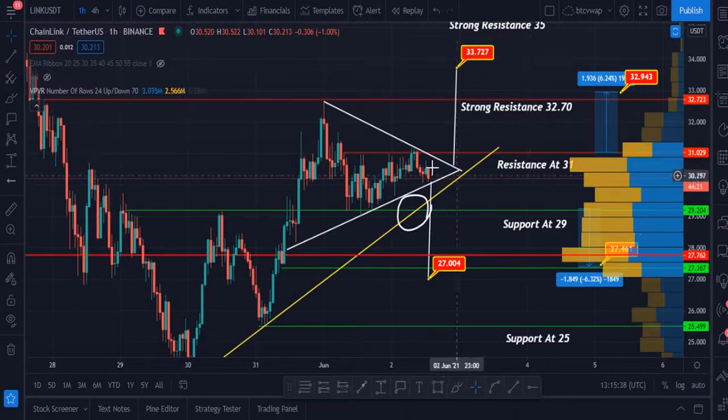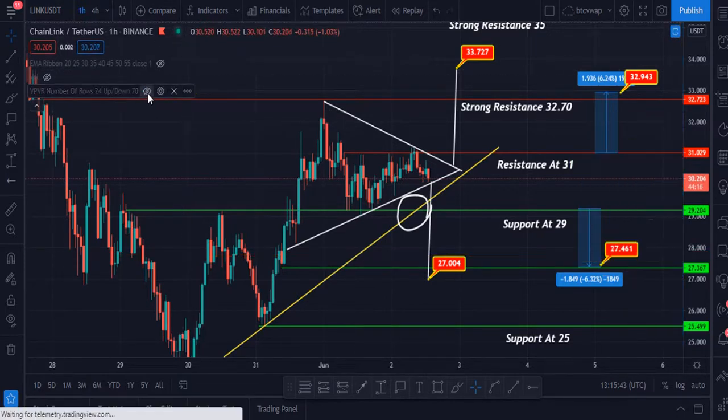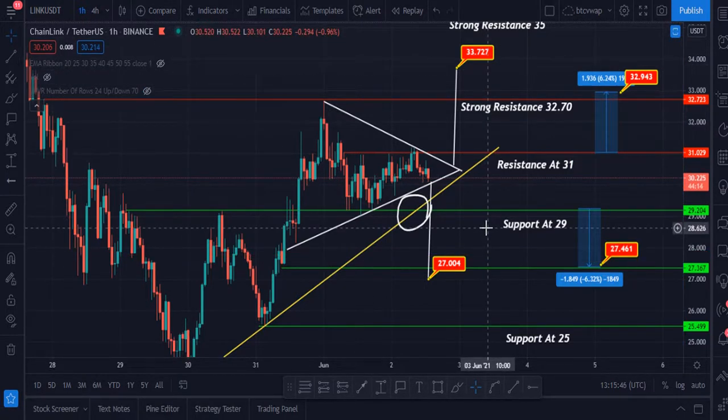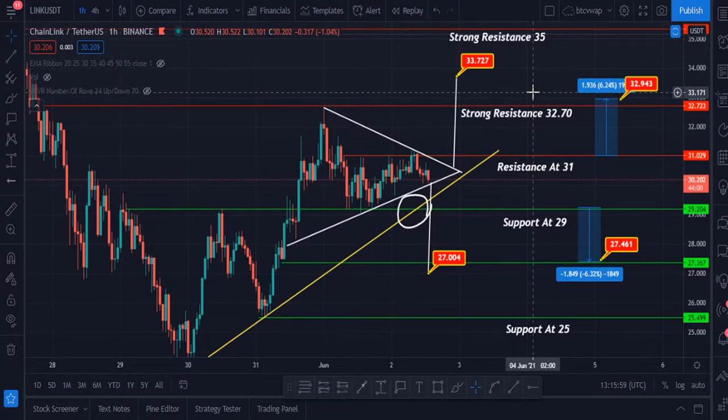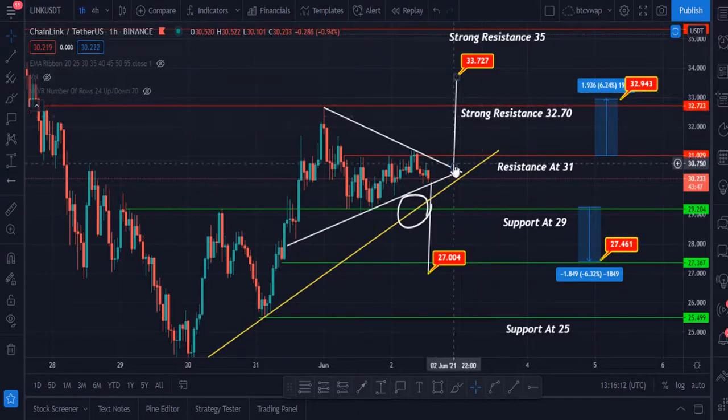Let me please share my thoughts. We have to focus on BTC. If BTC breaks $37,900, in that case, definitely Chainlink will hit my targets. These are the targets. And if unfortunately Bitcoin fails to hold and Bitcoin is rejected from $37,300, $37,500, in that case, these will be the targets.